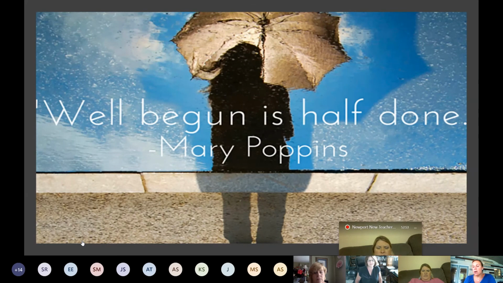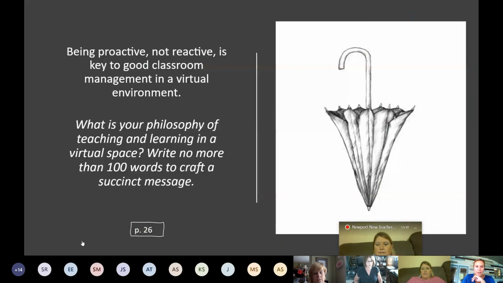As teachers, we are planners, so we want to be proactive. And that does mean really trying to anticipate all of the things that are going to happen, things that we don't want to happen, things we do want to happen, and setting up our virtual environments to encourage or discourage those things. So we definitely have to plan ahead and think about all of those things.